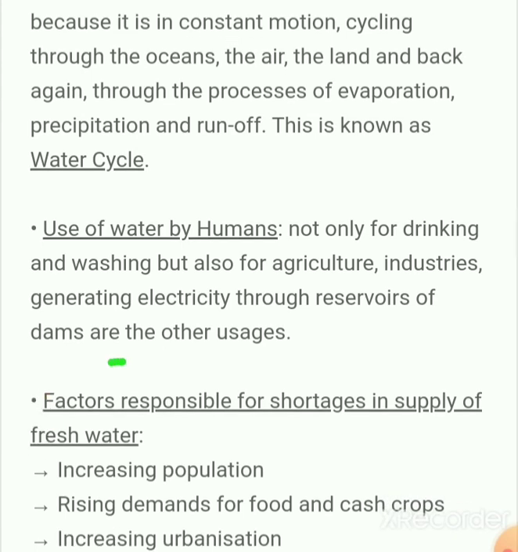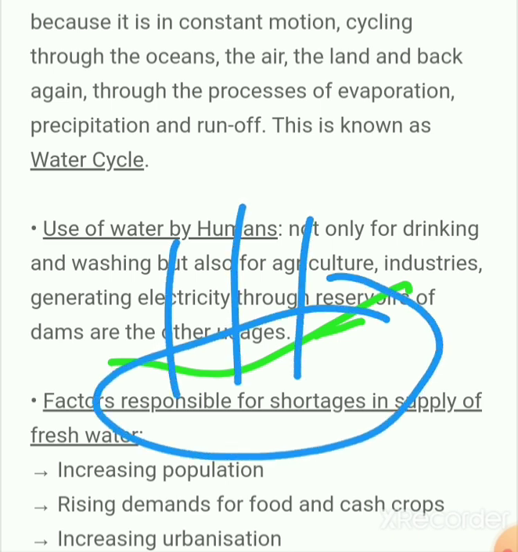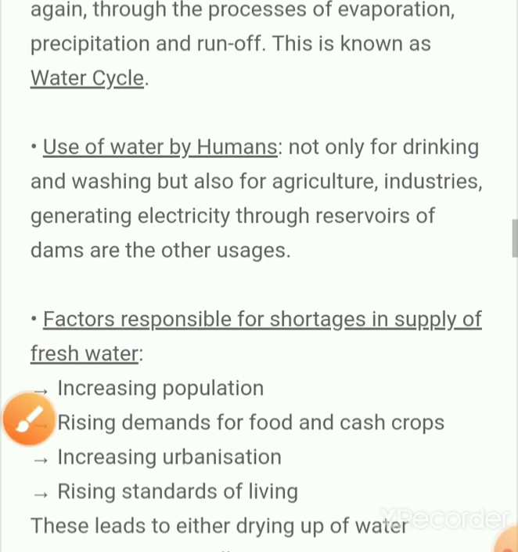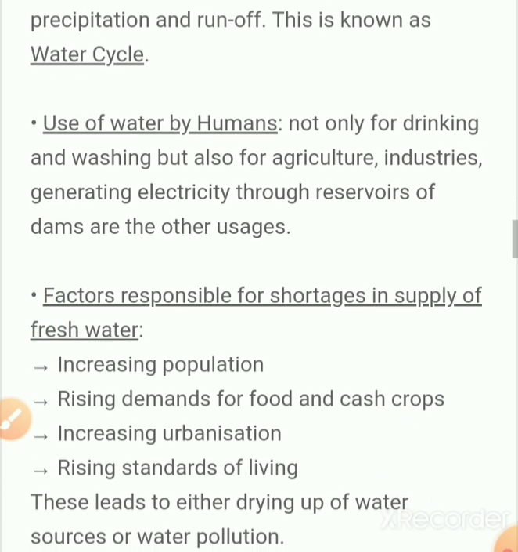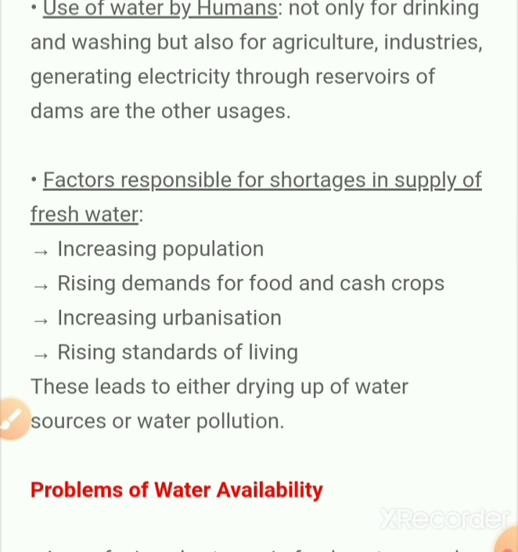This is the water body here on earth, filled with water, which evaporates with the help of sunlight, forms clouds, and again precipitates as rain. That water cycle we already studied in lower classes. With the help of the water cycle we get the distribution of water. It varies, but the water cycle is continuous, every day.